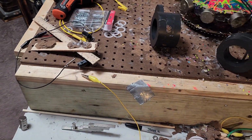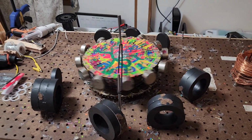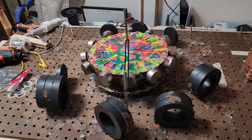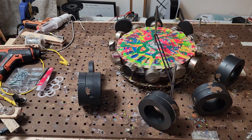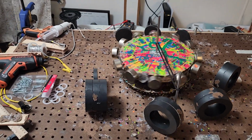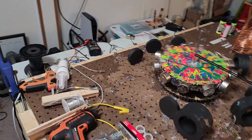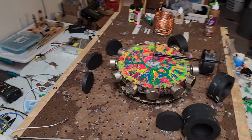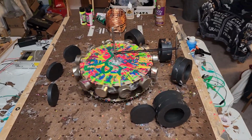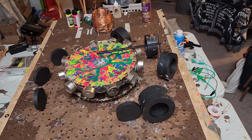But automated sounds cool too. I'm not gonna lie, automated sounds pretty dope. Would love to be doing other stuff while I'm driving long distances. Oh, wow, look at that. So it's cool to look at stuff,